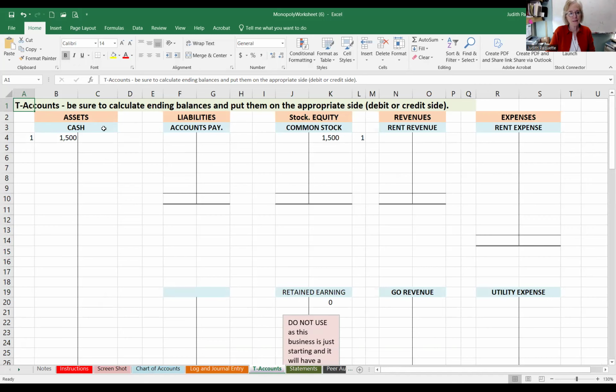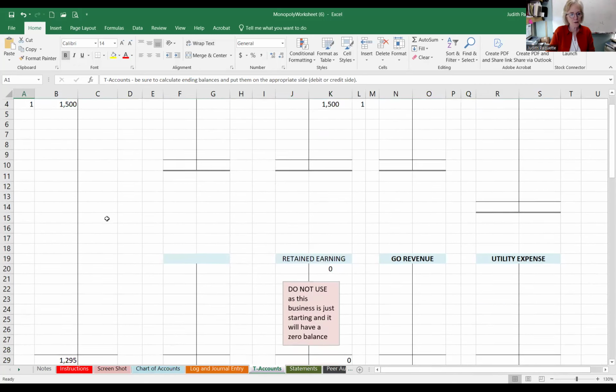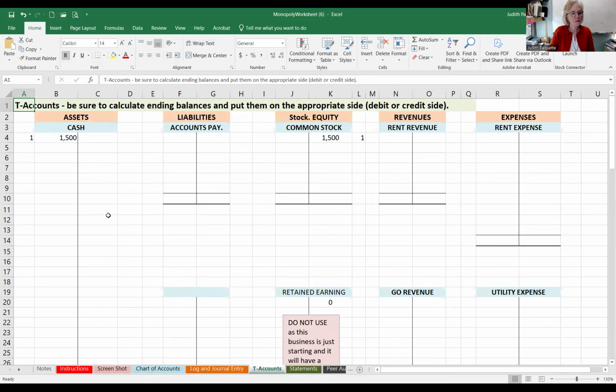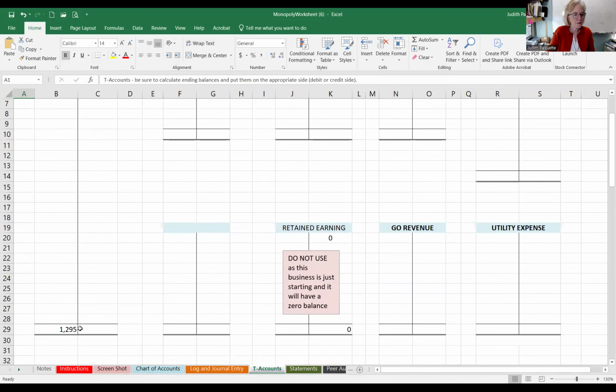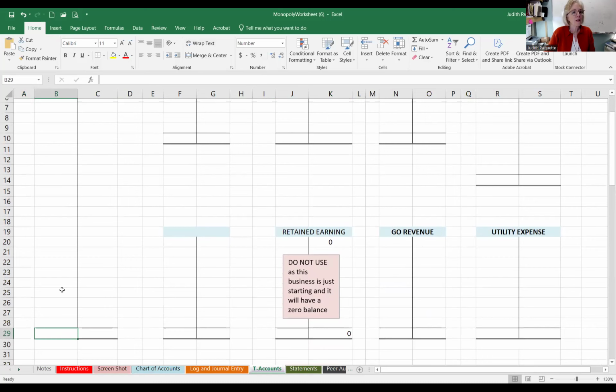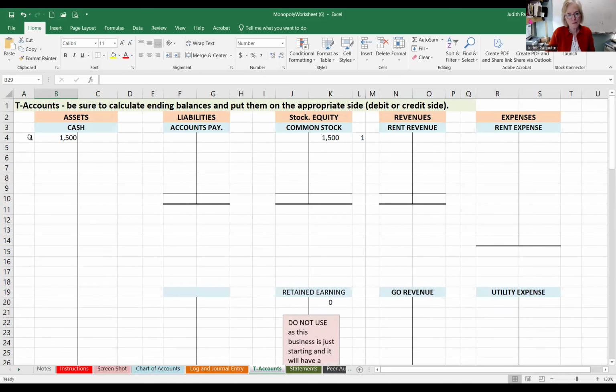So here's the asset cash, and its T account is bigger because it has a lot of transactions. We have transaction 1, and you put the transaction number there and the debit amount. And over here under stockholders' equity, we have common stock and retained earnings. Common stock was credited in the journal entry, so it goes on the right side, and we're still showing the